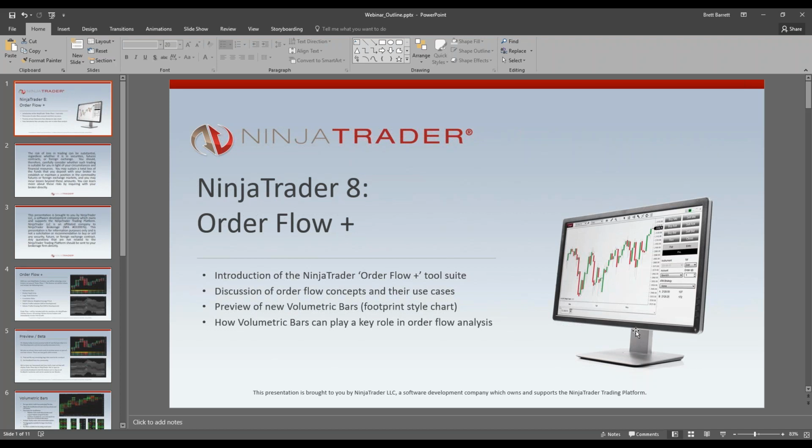Is it possible to use this with P and F charts? T and F charts? P and F. Oh, P and F charts. Actually, I've never tried. In principle, it's just a periodicity. And